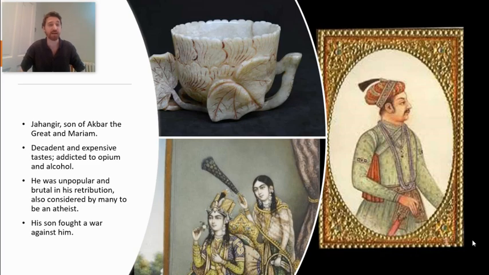architecture. However, Jahangir is not his father or his great grandfather, and he's incredibly unpopular in large parts of India. And to try and maintain order, he has a brutal, retributive judicial system. He actually wages a war against his son for dominance in India. So he is much less unifying. And it is in this lack of unity that Britain gains a foothold.